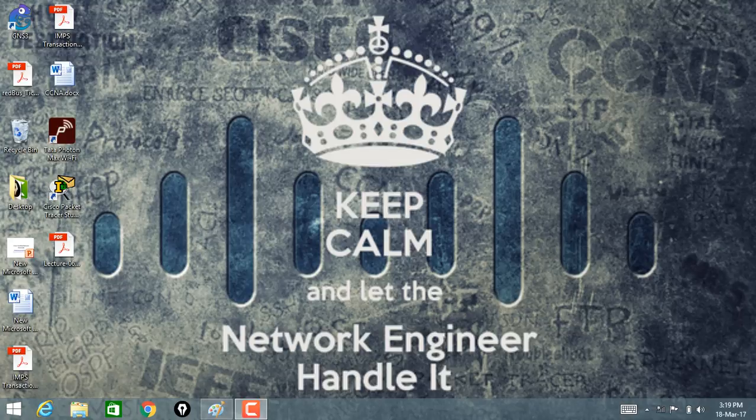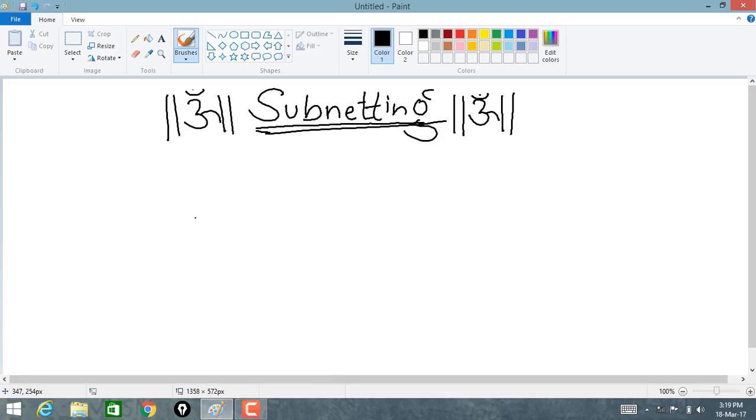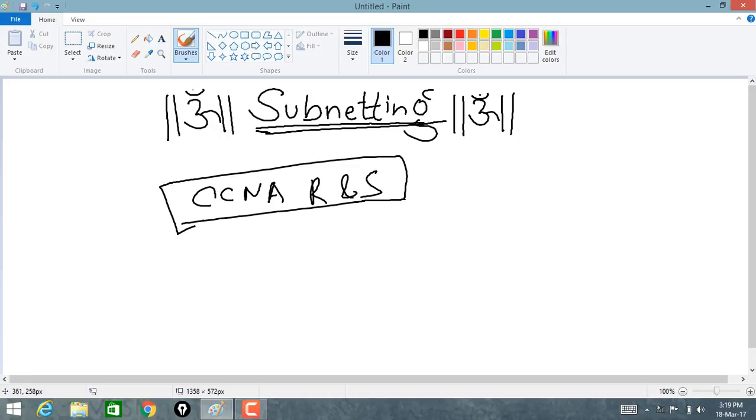Hello friends, today we are going to learn about subnetting, and subnetting is a very important topic in CCNA routing and switching. First of all, we should know about subnetting. What is subnetting? Subnetting is nothing but we divide a bigger network